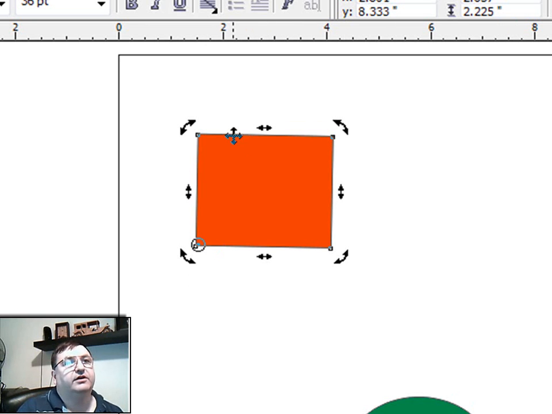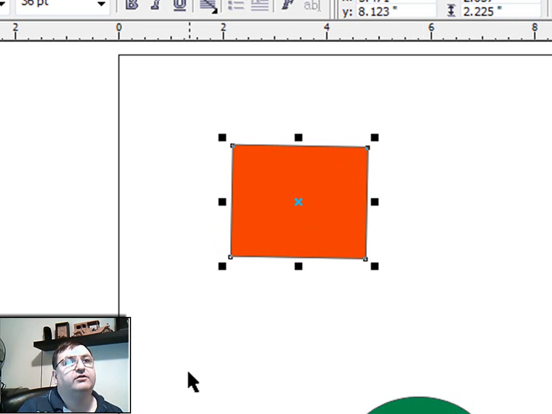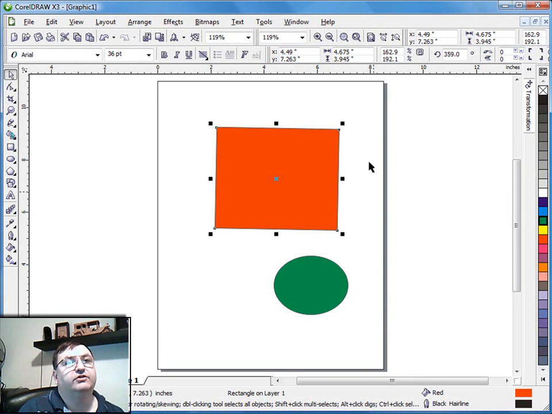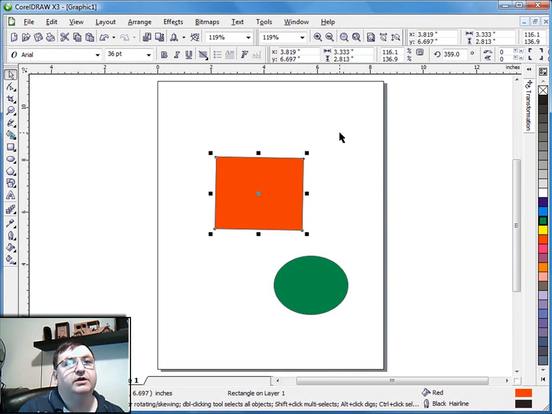So those are the basics of moving and resizing graphics in CorelDRAW, and also allowing yourself to resize the graphic just simply by grabbing the handles and moving it. So there's a few more basics tonight. Not a lot to this video, but I'm still trying to get us to the point where we can navigate around CorelDRAW, and once we get to that point, then we can begin using some of the tools to create some patterns. So hope this video comes in handy for you, and I'll see you in the next one.